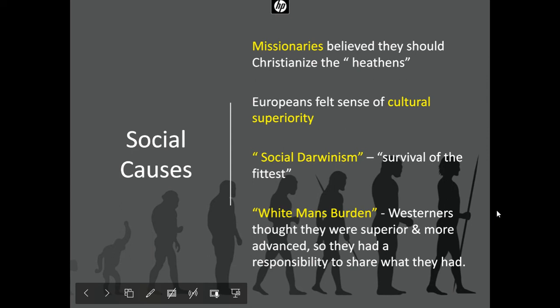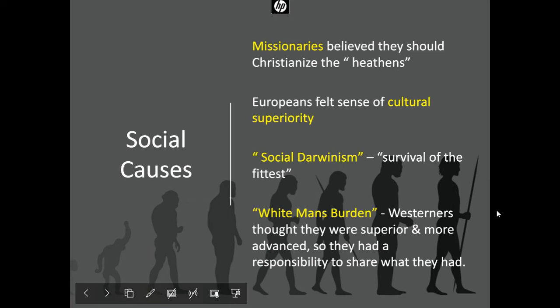So some of these people are going to argue that that should be extended to cultures and nations. The strong countries should survive, the weak countries should die off. Now, that's not their way of saying that these strong countries should go in and just kill everybody, but they should go into these areas and show these people a better way to live. The idea that European culture was superior to many of these other areas because they were industrialized. They had access to technology and education that many people did not have.